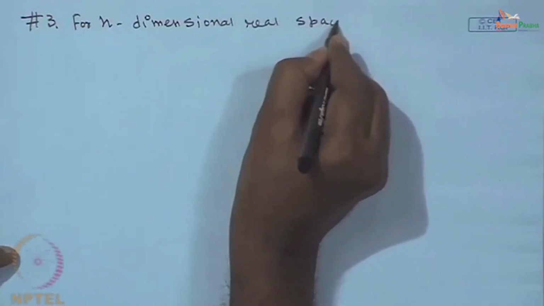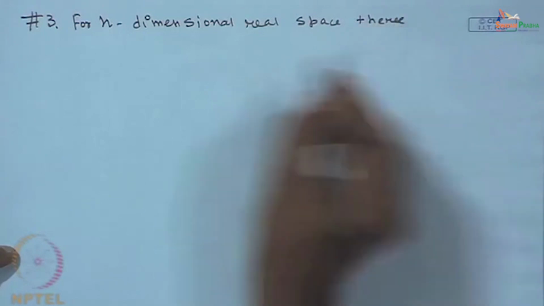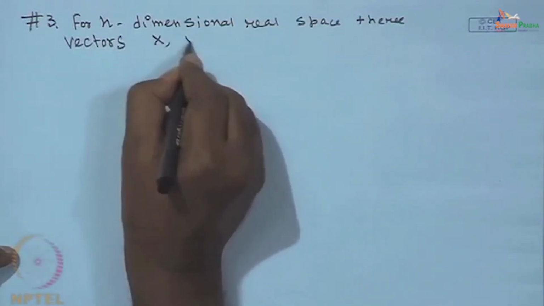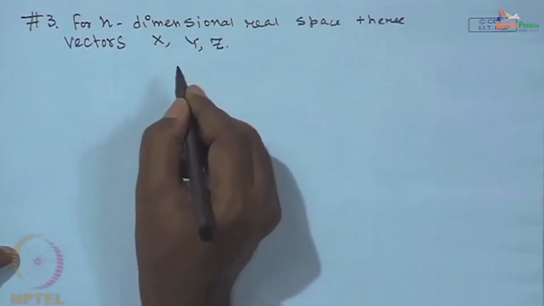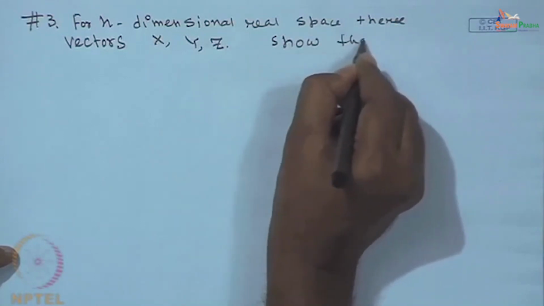In real space, we have three vectors x, y and z, and we have to show that